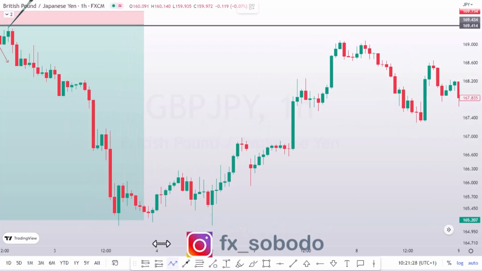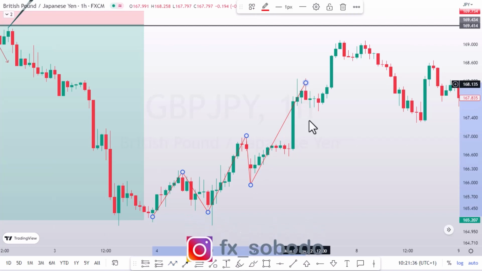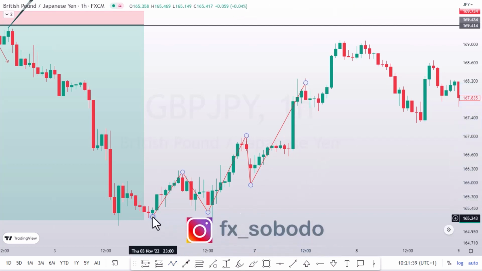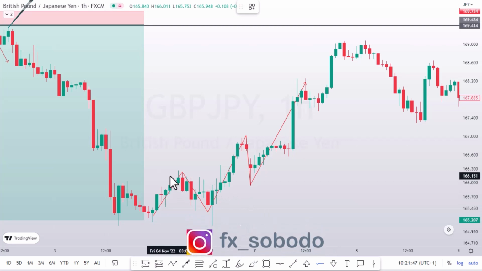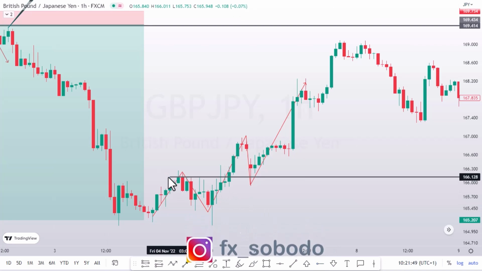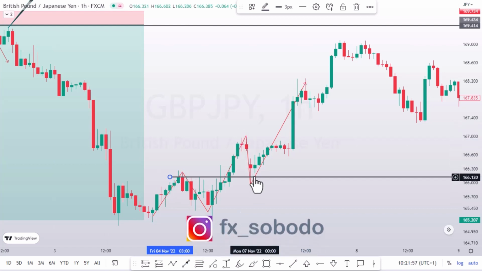Let's see here. We notice the structure was like this: higher high, higher low, higher high, higher low, higher high. The moment you see higher high, higher low, higher high, then we've already gotten what? A sell structure. What will now happen? We draw our what? This resistance which got broken to form the higher high. Upon price coming back to retest this zone,